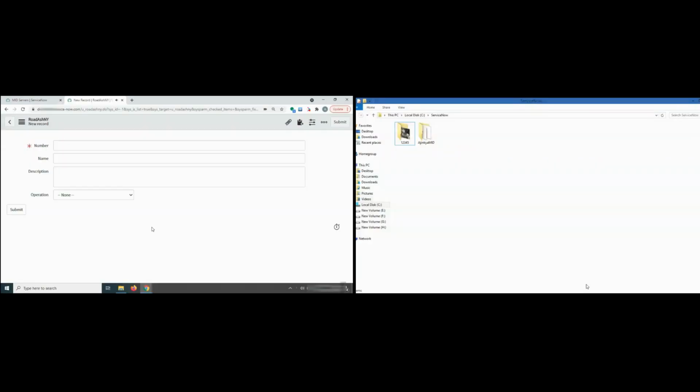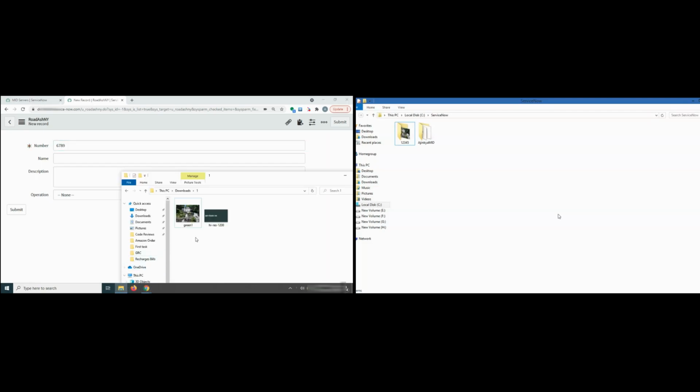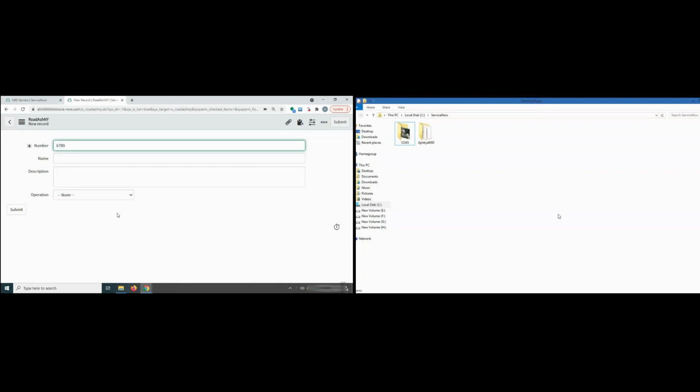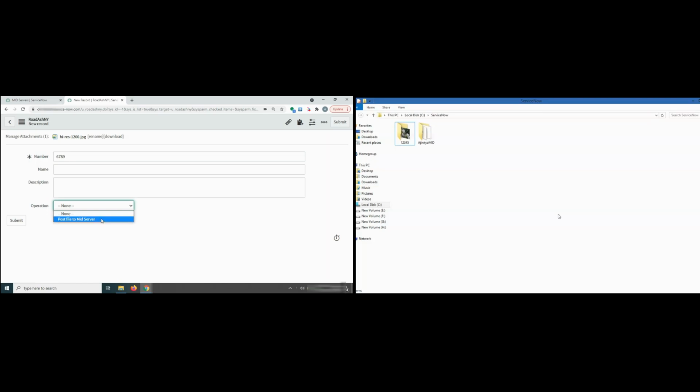Let us see one more time how it works. This is my personal development instance, and this is the screen of my laptop B, which is my Mid server. Now I'll again set these values, the number as 6789, and this time I would attach another file, a ServiceNow image, say, and I'll select the operation as post file to Mid server, and I'll save it.